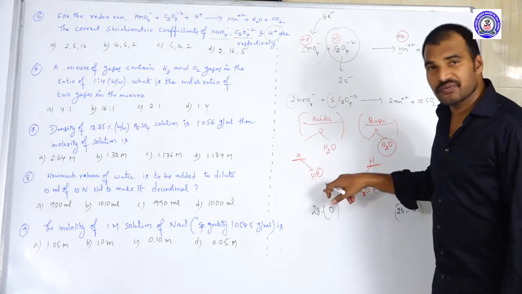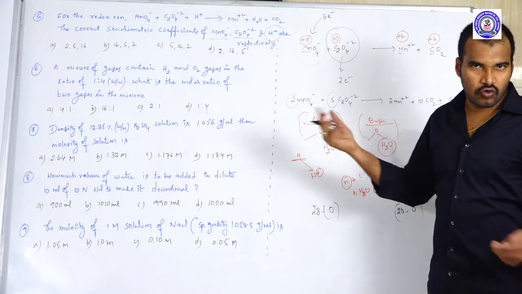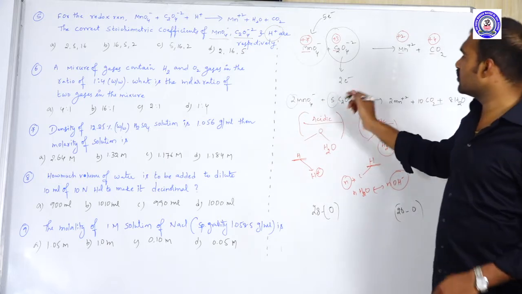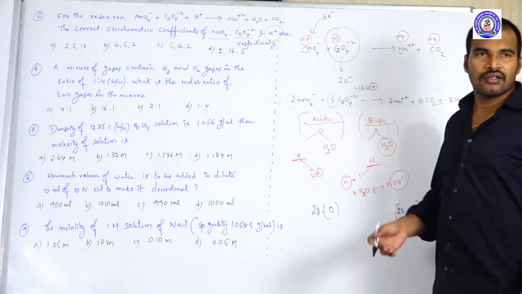On the hydrogen side, H plus ions we need to add. Now count the hydrogens. Is there any hydrogens here? No hydrogens. Here, how many hydrogens? 16 hydrogens are there. That means you just add here 16 H plus so that you will get the balanced